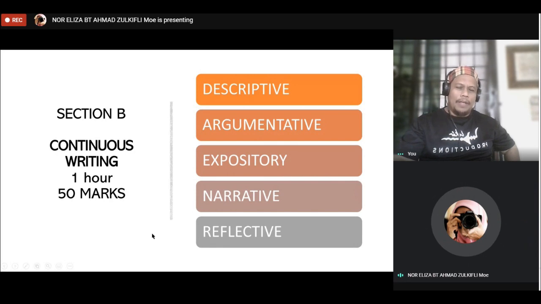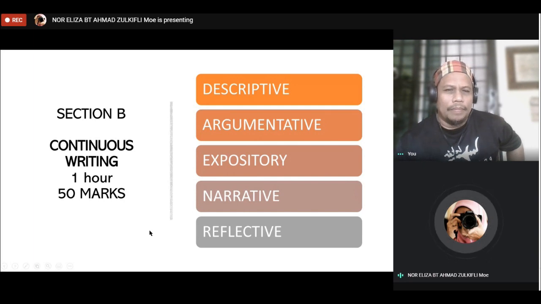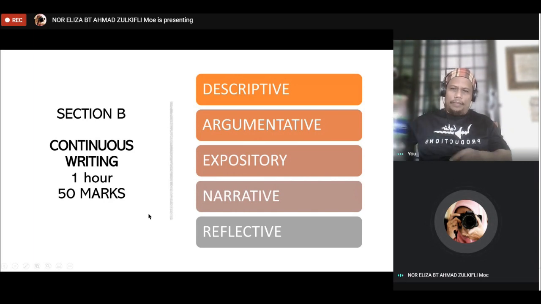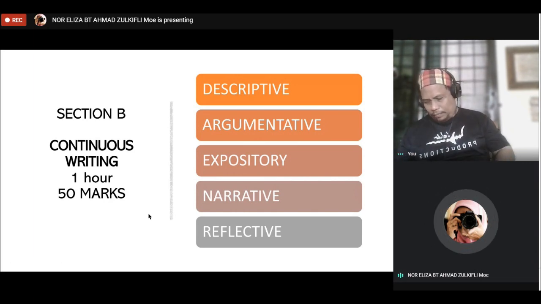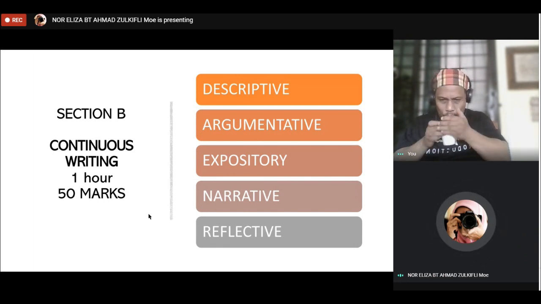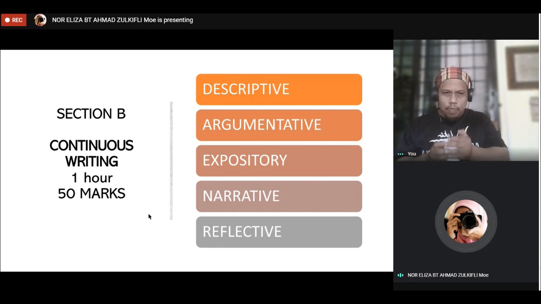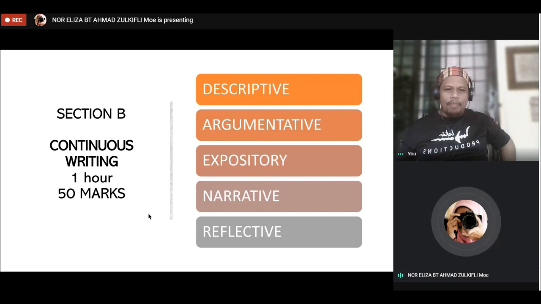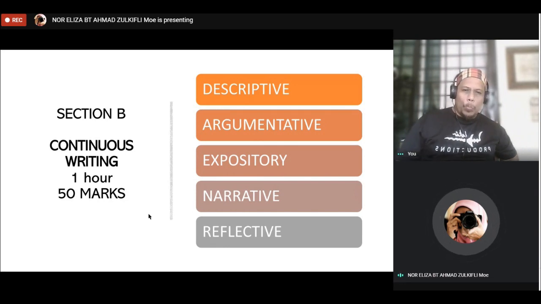Okay. Can we go to section B, sir? Yes, Teacher Ellie, please. All right. Now we're going into section B. Just now, I've reminded you that you have 1 hour, 60 minutes. Some students prefer to start their section B first, and then they do their section A. I don't want you to be too rigid, thinking you must answer section A first or section B first. Look at the question during the SPM on the 23rd. Look at the question first and see which one you are most comfortable to start off your essay.